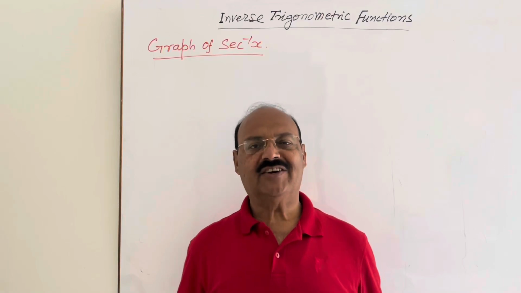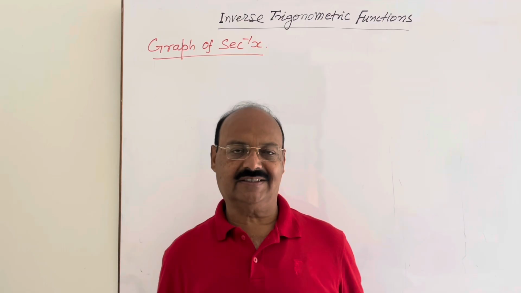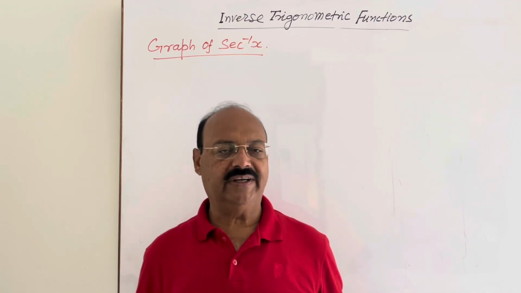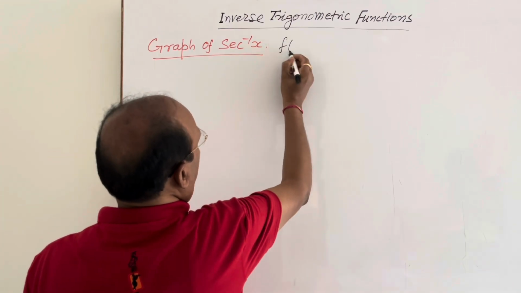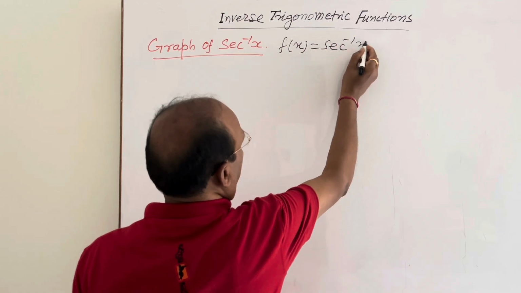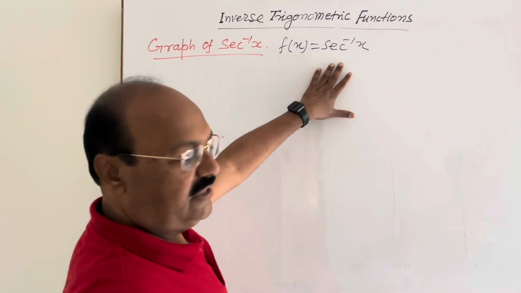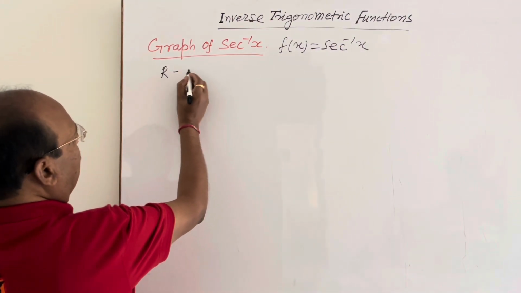Welcome students, here we are discussing how to draw a graph of sec inverse x. This topic has been taken from the chapter inverse trigonometric functions. So here the function is sec inverse x. So we can write f(x) is equal to sec inverse of x. Correct? Here the domain of this function is the entire set of real numbers minus